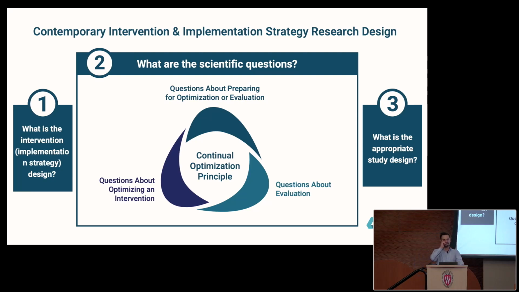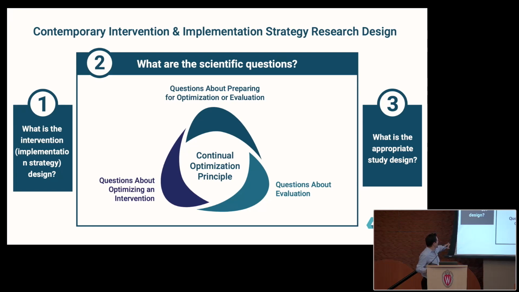Number 2, any question you come up with is going to be in one of 3 buckets. And I still don't know anyone who's been able to challenge this. You're either going to be a scientist in the top one, which is you're preparing to optimize or you're preparing to evaluate. Typically the people in this group are early career investigators, but not always. K awardees for sure are on the top. All their scientific questions are up there. But even very seasoned scientists are at the top because you have to do a lot of legwork before you can do a full-scale R01 evaluation. So a lot of us are going to spend a lot of time in the top. All the observational analyses are up there.